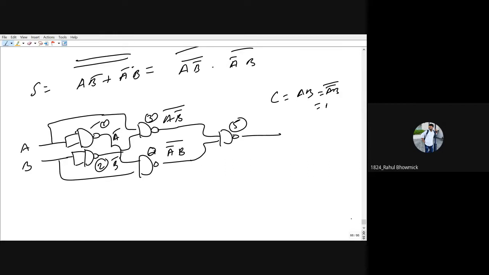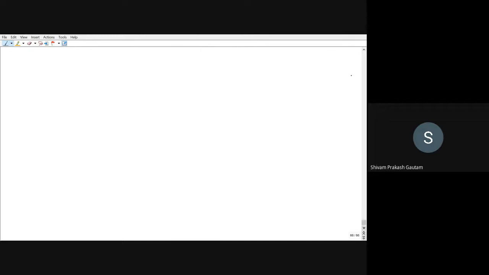Okay, sir. You can think on it later as well. If you have the logic, and the number of gate requirements are less, then let me know, and we can discuss that. Okay. Now we have seen this half adder using the logic gates NAND and NOR, right? Now next we will be seeing the full adder.